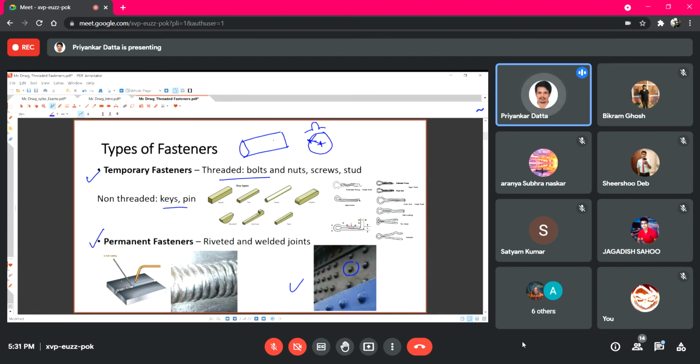So this limits the operating speed. Up to a certain maximum speed only this interference fit can be used, because you cannot heat this gear above a certain limit. That will change its material property and also may destroy its structural integrity. So you cannot heat it to some arbitrary temperature. You have a limit on that also. Based on that, this interference fit is difficult.